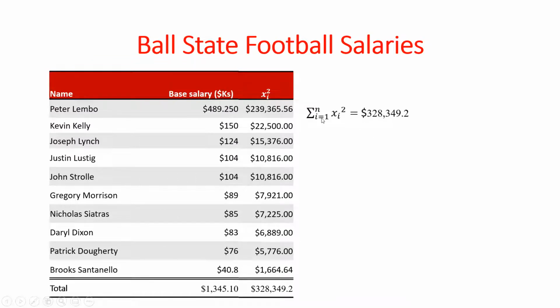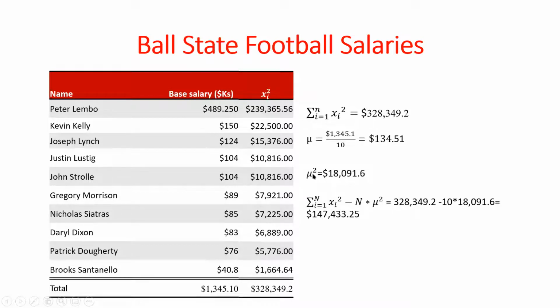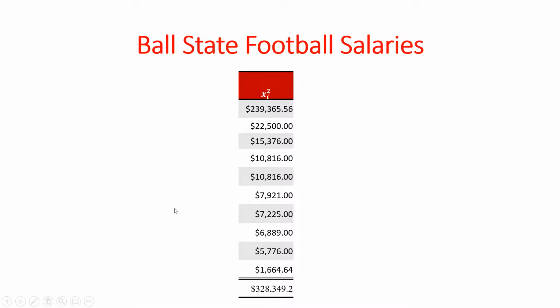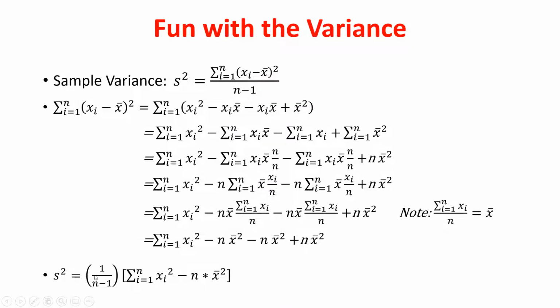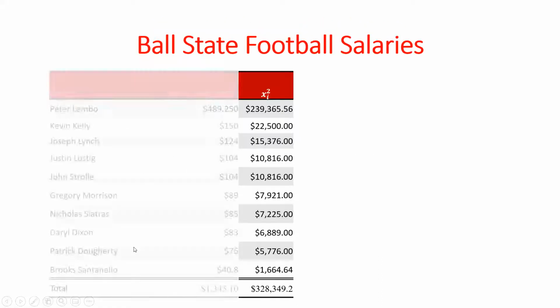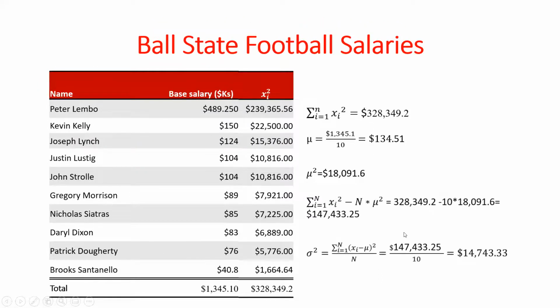And that should give us the sum of the x's squared. We know what the mean is. The mean squared would be this value. Now it's just a matter of plugging this in here, so the 328,000, 10 observations times that mean squared. We get 147,000. We still need to divide by n minus 1, or multiply by 1 over n minus 1. If we do that, so we still have to divide this by 10,